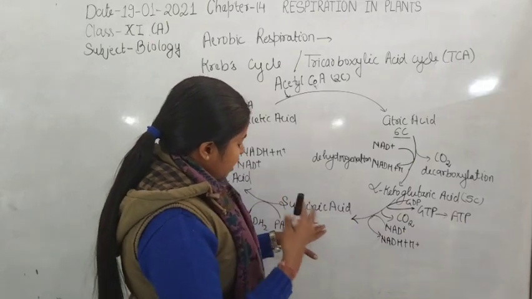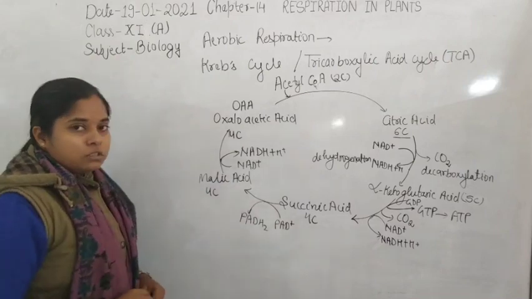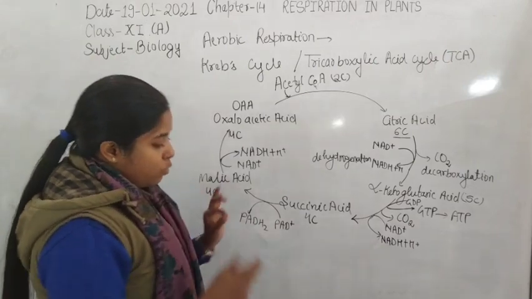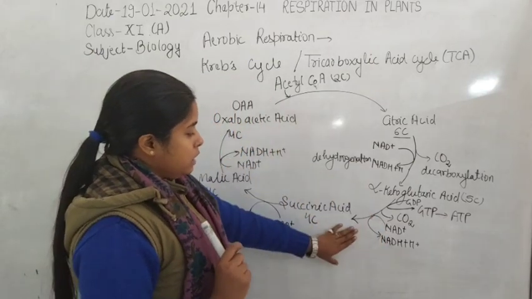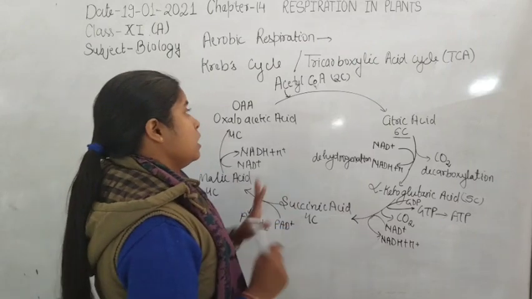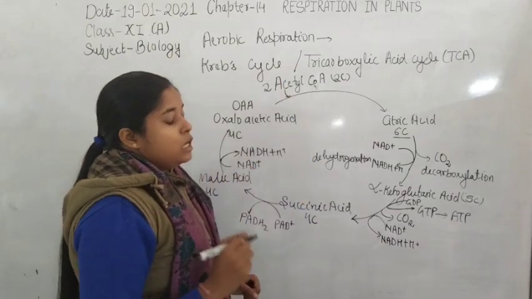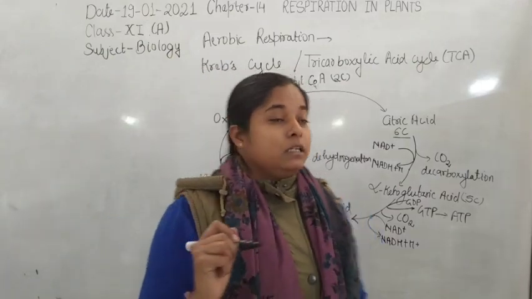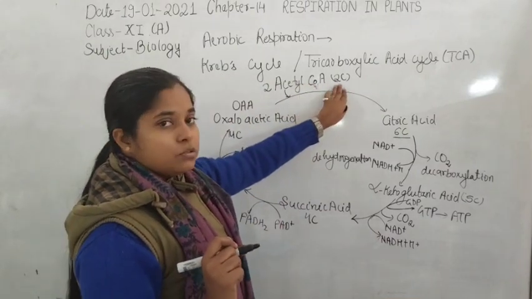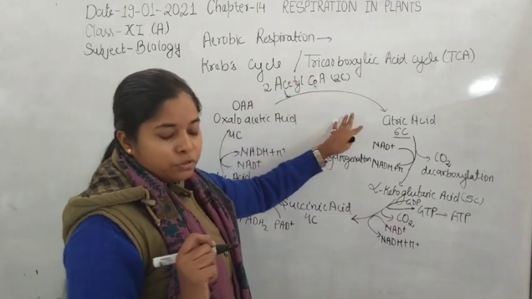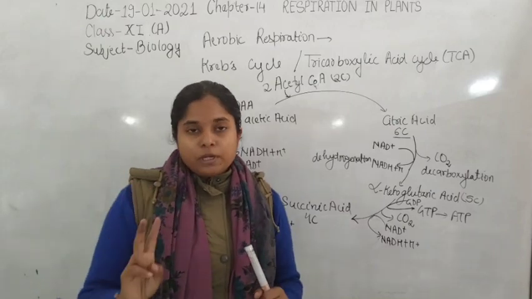Now again here is a 4 carbon containing molecule, but now there will be no decarboxylation process, because the whole carbon is released during the reaction, or during the reaction to the succinic acid formation, because there are 2 molecules of acetyl coenzyme A. So overall, the carbon atoms present: acetyl coenzyme A is a 2 carbon containing molecule, and 2 into 2 is equal to 4 carbons present in 2 molecules of acetyl coenzyme A.